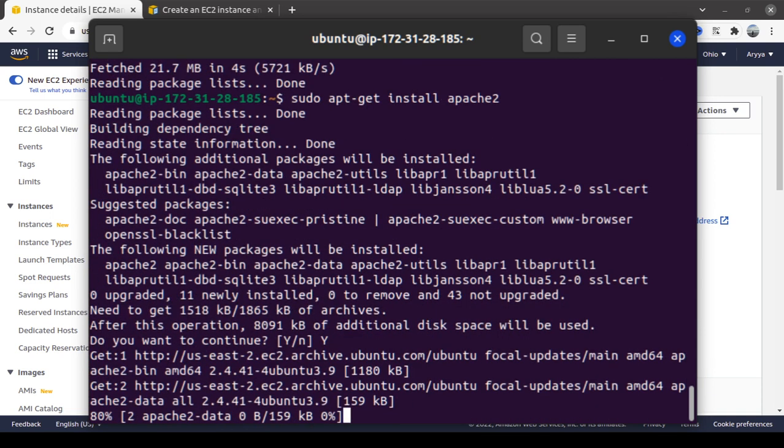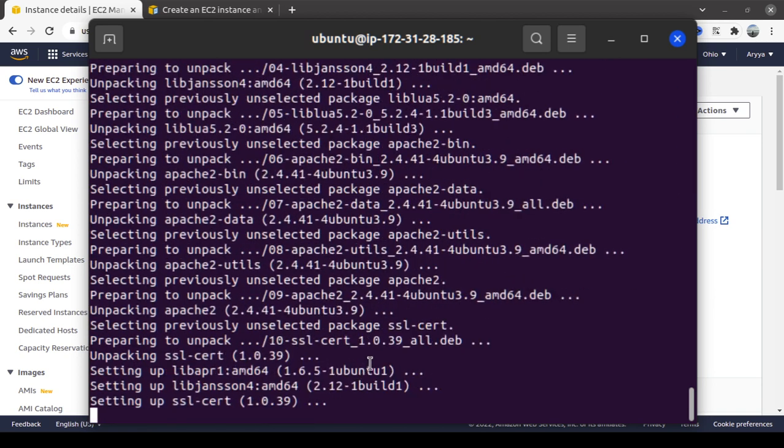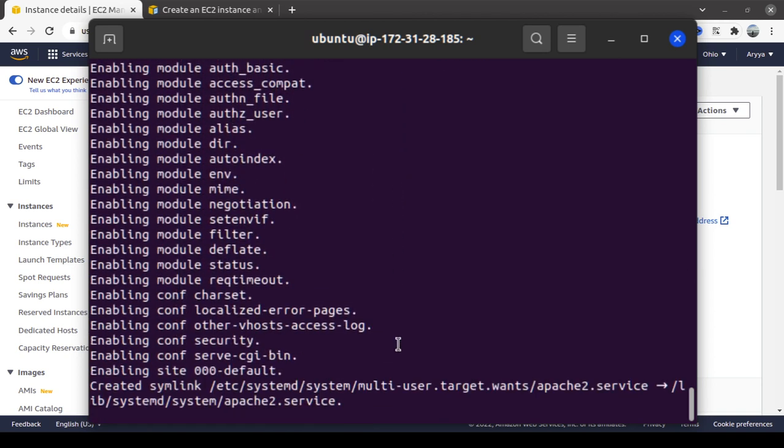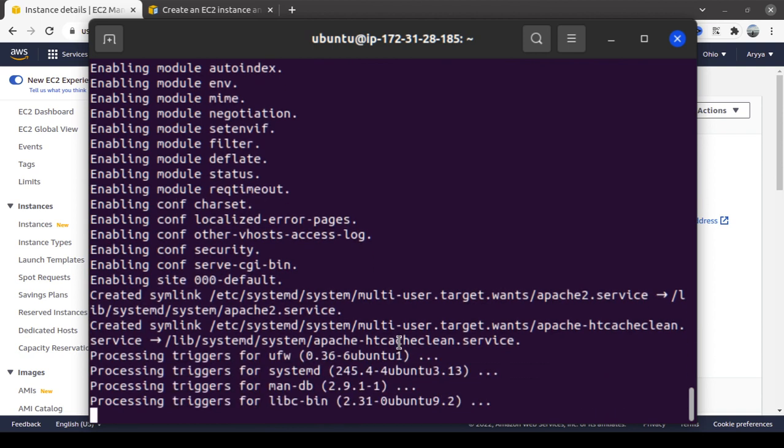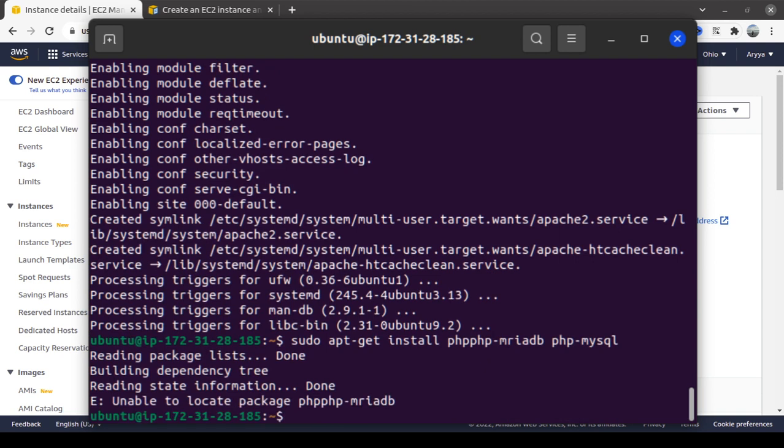Let's install Apache 2. Should be okay. And let's install PHP. Because I chose MySQL before, I need to install the MySQL module for PHP.